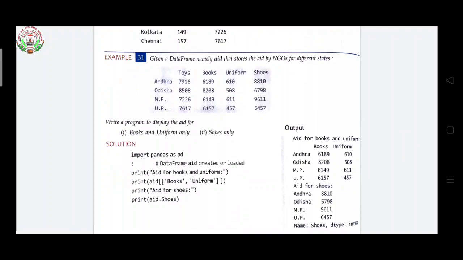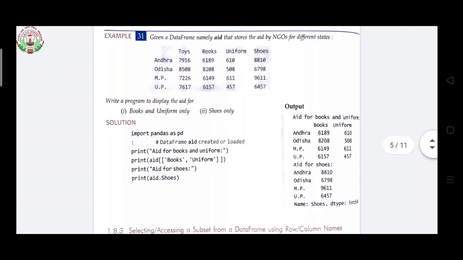In the next I gave 1 column only, shoes, so I got shoes as 1 column. And Andhra, Odisha, MP and UP are the rows. So like this you can call any 2 columns or 1 column according to your need. You can access columns from the data.